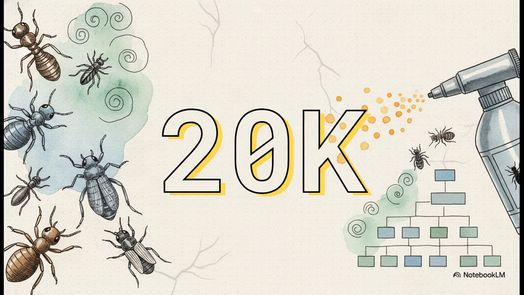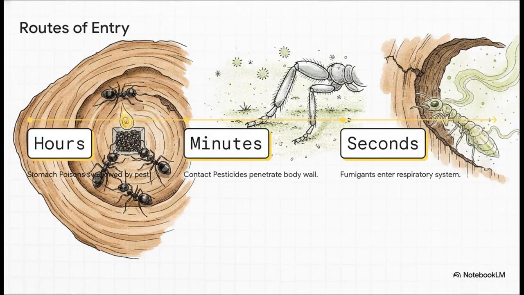Over 20,000. This isn't just a matter of indiscriminately spraying a can of bug spray. It is a highly specialized, tactical market where exterminators select the precise formulation needed for the exact species they're fighting. But how do those thousands of products actually work? Well, they generally target the insect through 3 main routes of entry. First up, stomach poisons. These have to be swallowed by the pest, often through baits or liquids, taking full advantage